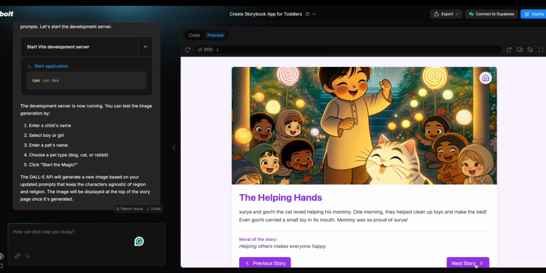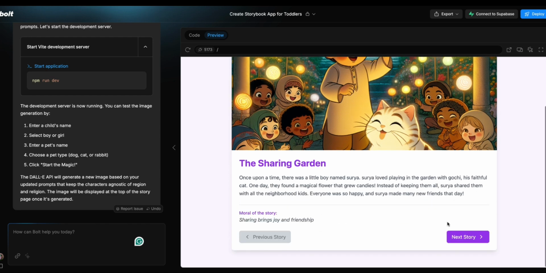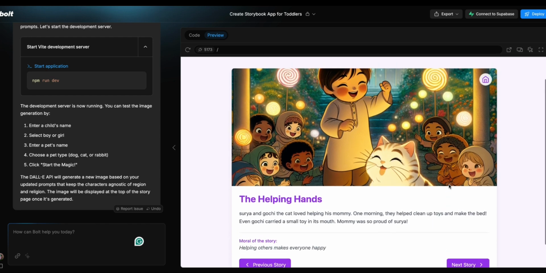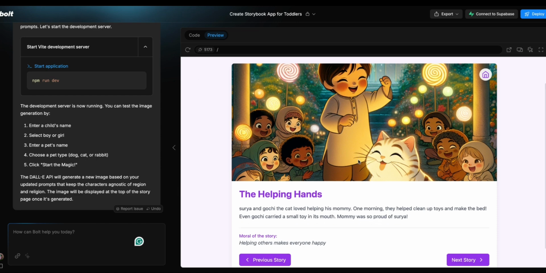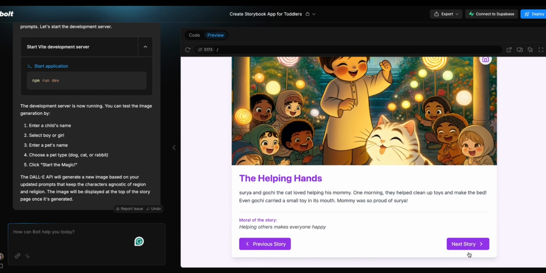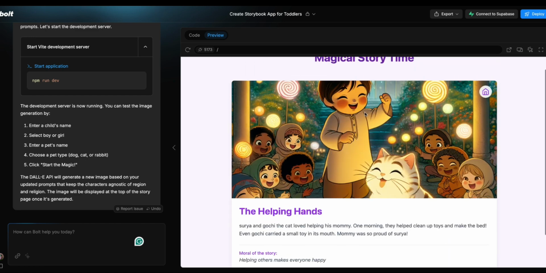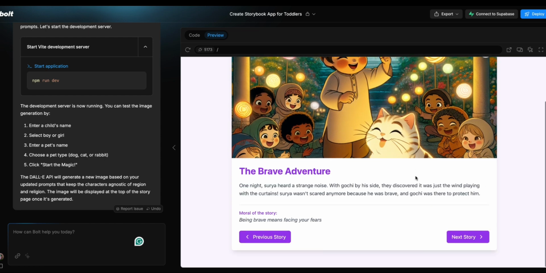Okay, so there is an issue here. The story is changing. However, when I go to the next story, the image is remaining the same. So if you see, these are the kind of issues that Bolt runs into. I'm not going to change the prompt. This is great. This looks good, but it's not changing. So what I'm gonna do is I'm asking Bolt,